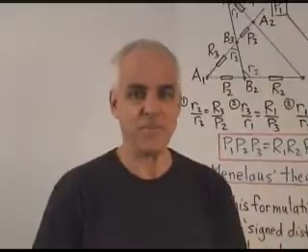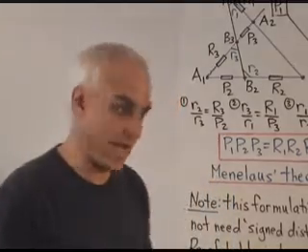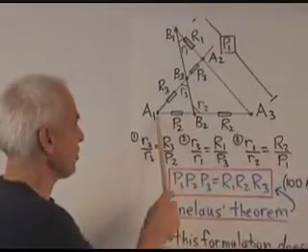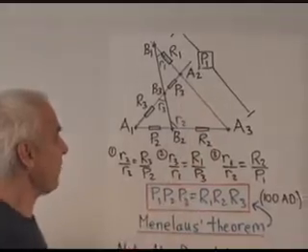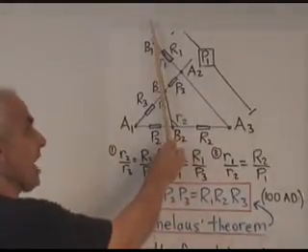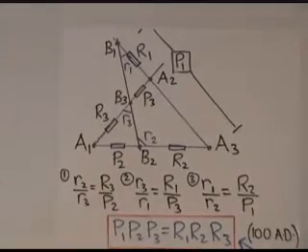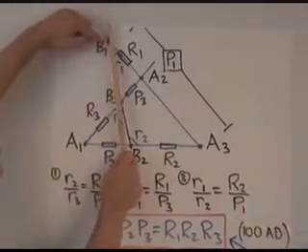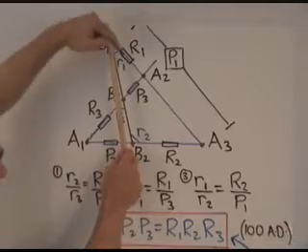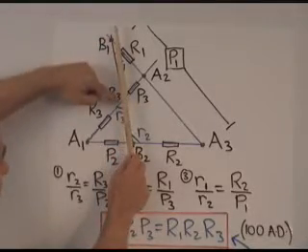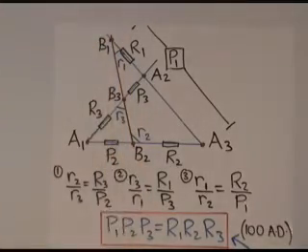Our next theorem is a famous theorem from antiquity, from 100 AD. It concerns a triangle A1, A2, A3 as before, and an extra line which now intersects the three sides in some random points. So we'll say that the intersections of this new line with the three original lines are B1, B3, and B2. And that the spreads made here are that one r1, that one r2, and that one r3.